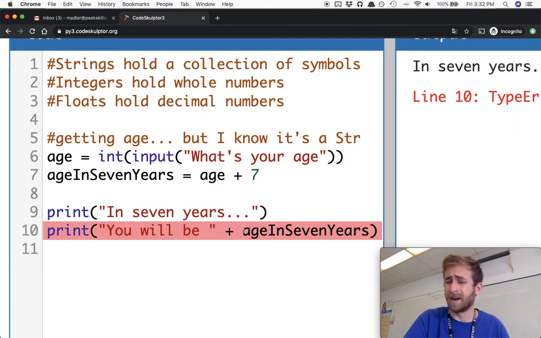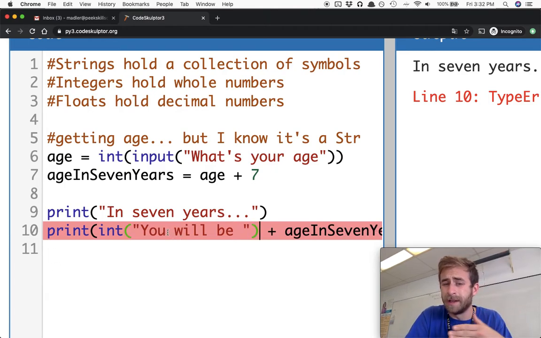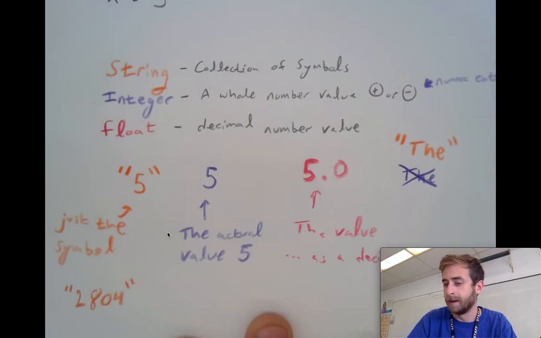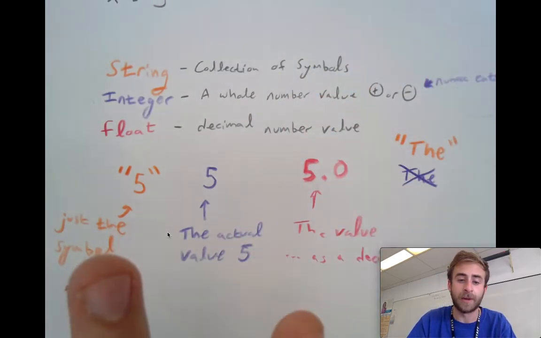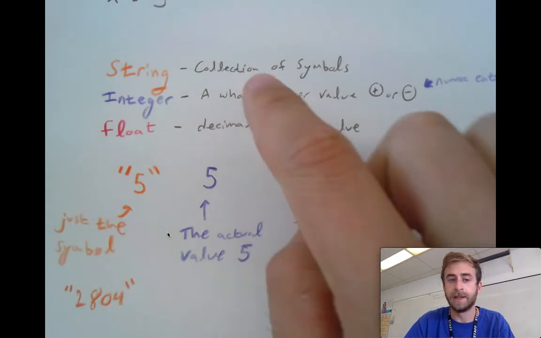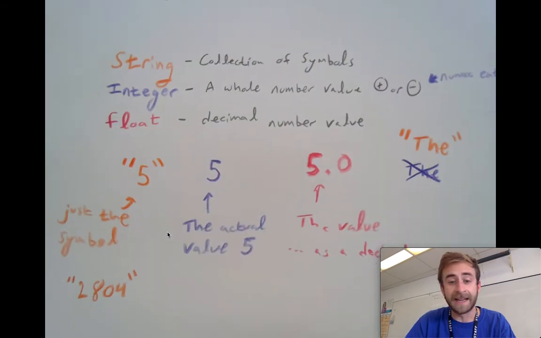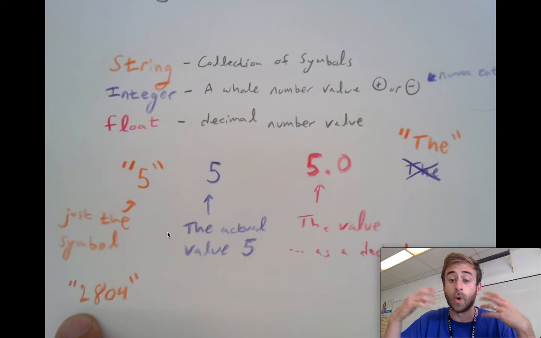So before we said, well, a string and an integer, I can just cast this into an int. The problem is, there's no way to convert "you will be" into an integer value. It's not a number, right? Coming back to the previous lesson, the 3 data types that we know about are strings, integers, and floats. And while any integer and float can turn into a string, because you just put quotes around it and it ignores the value,